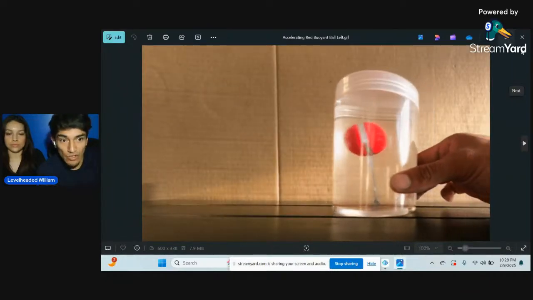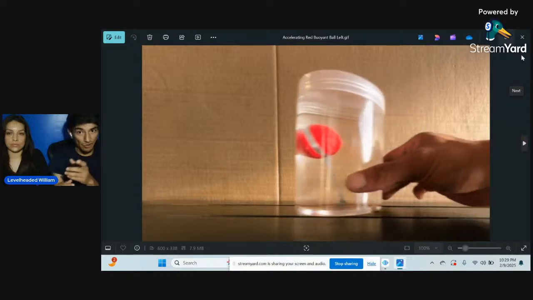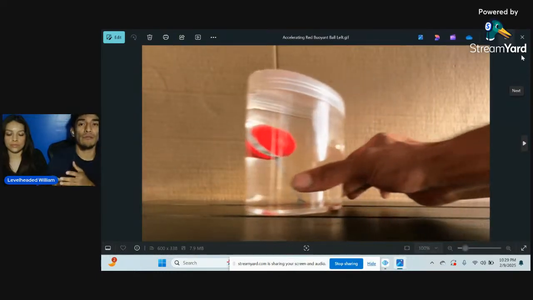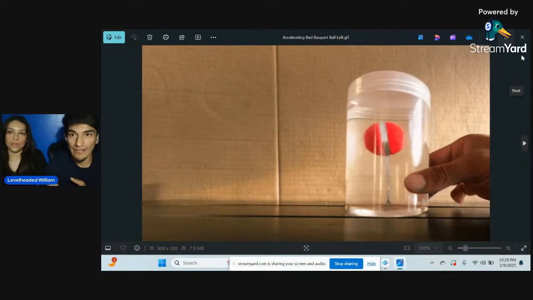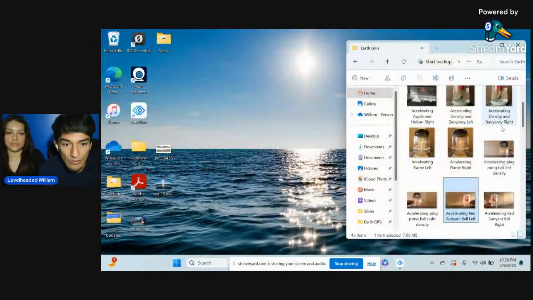So since we understand that buoyancy follows the direction of the force and something that's more dense appears to swing in the opposite direction of the force, we have true motion of the buoyant object and apparent motion of the dense object when there's one force. So understanding those principles,